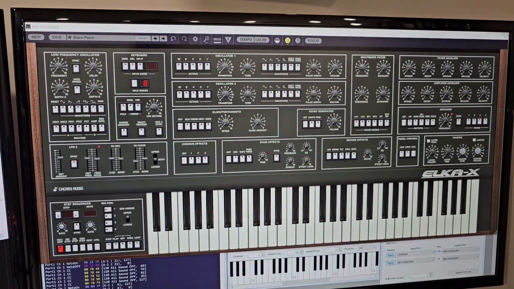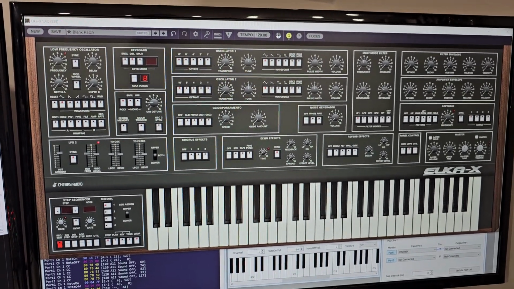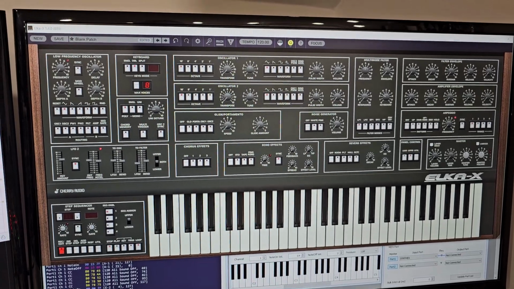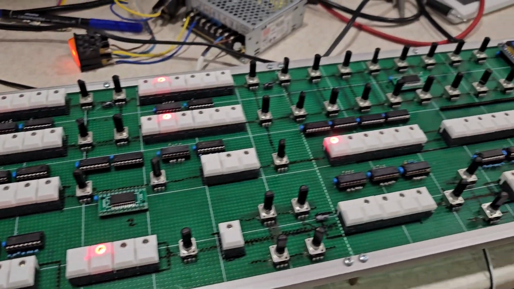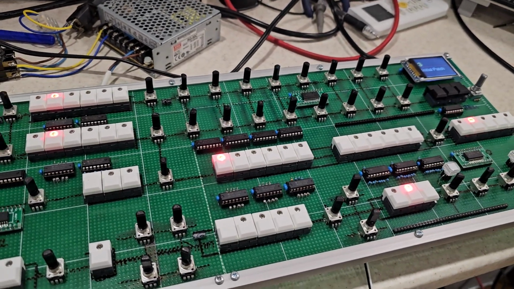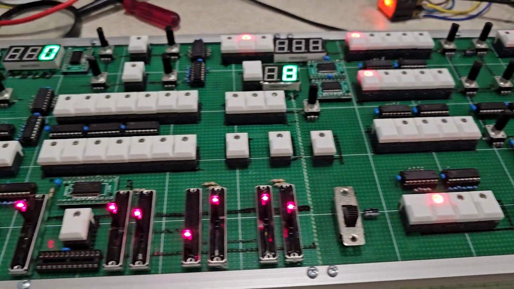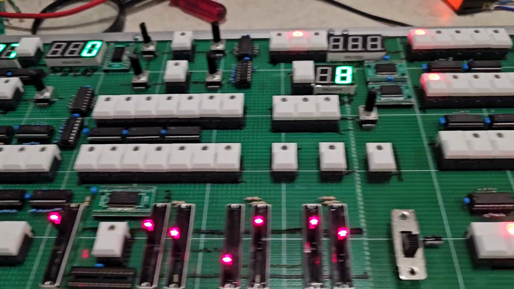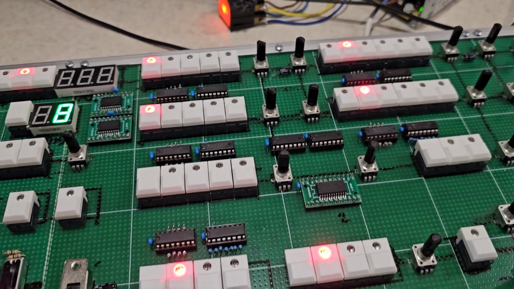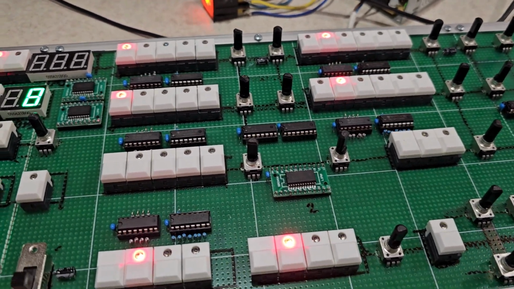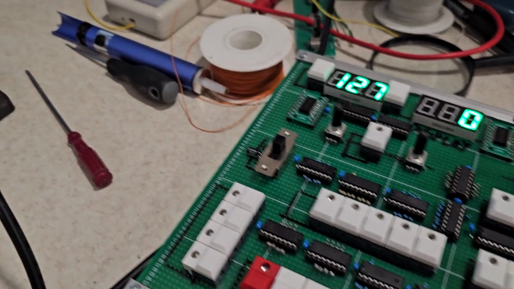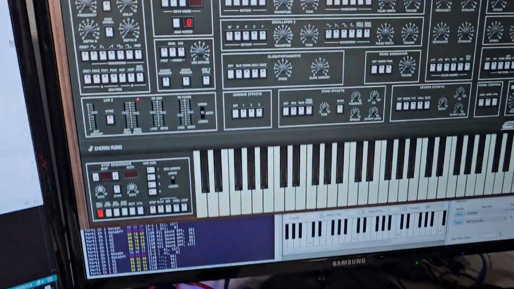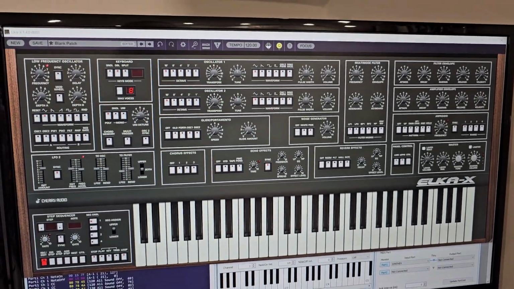So here we are, this is the Elka standalone synthesizer, and it's currently hooked up to the editor, which is almost, well, hardware-wise it's complete. Still a little bit of software to do on it, working out some logic, etc. But I've managed to map all 185 parameters of the Elka to the